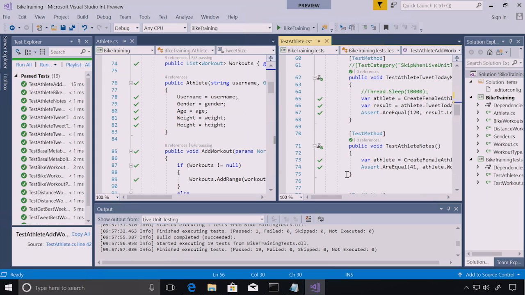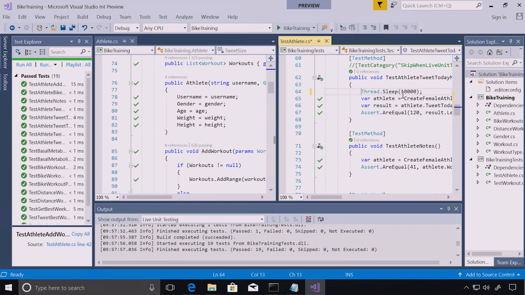We have also integrated live unit testing with Task Notification Center, which is the small icon you see at the lower left corner of Visual Studio window. This shows all the long-running background tasks. Whenever live unit testing takes 5 seconds or more to complete any task, we send a notification to Task Notification Center. Let me go ahead and add a delay of 10 seconds to this test so that it becomes a